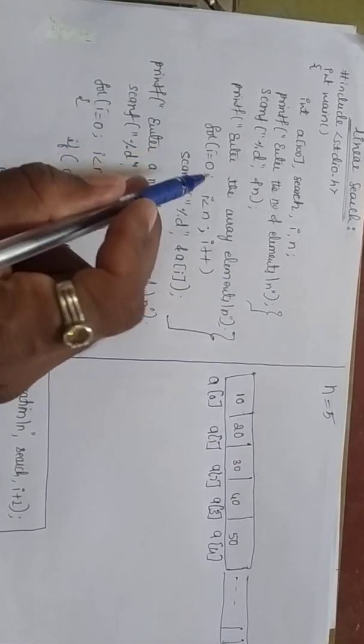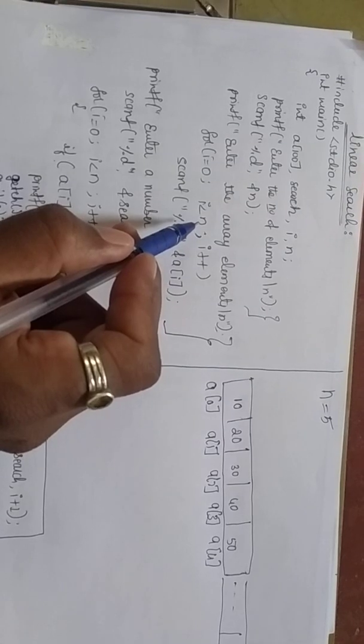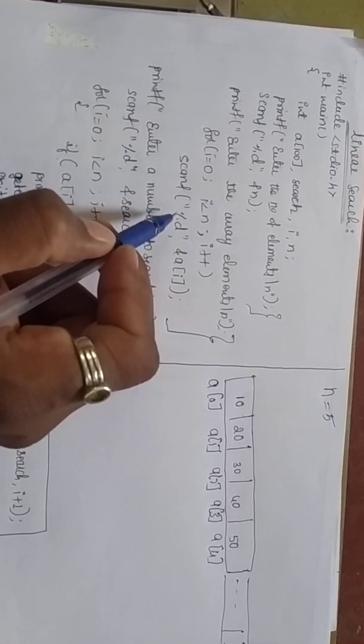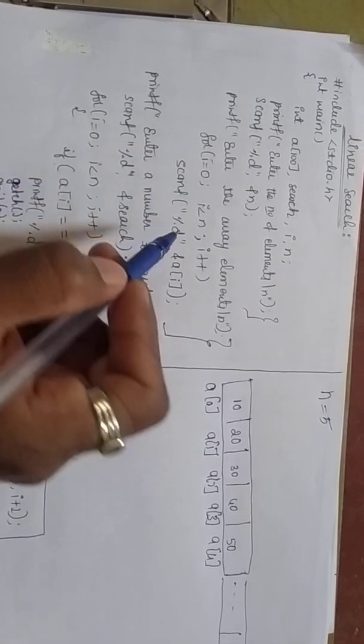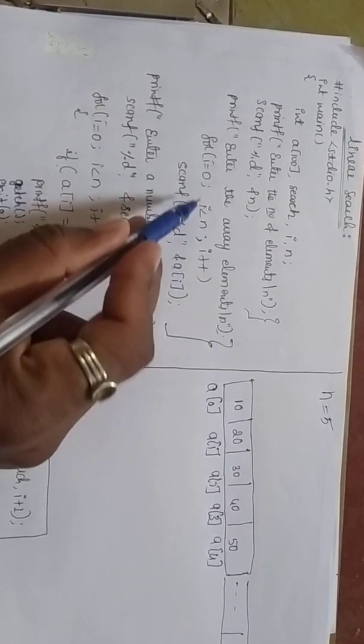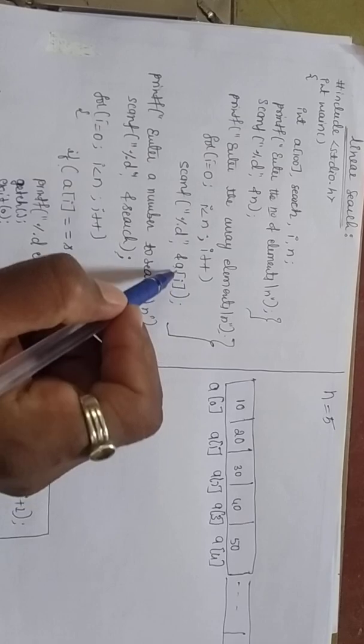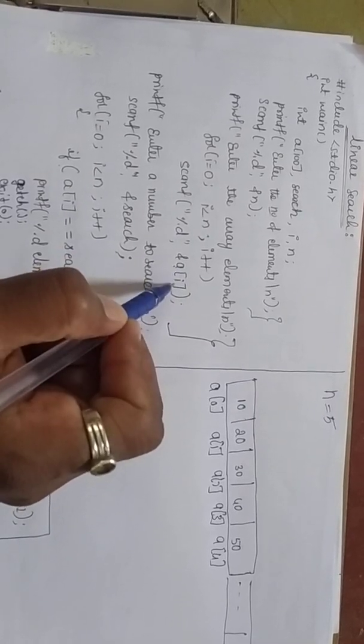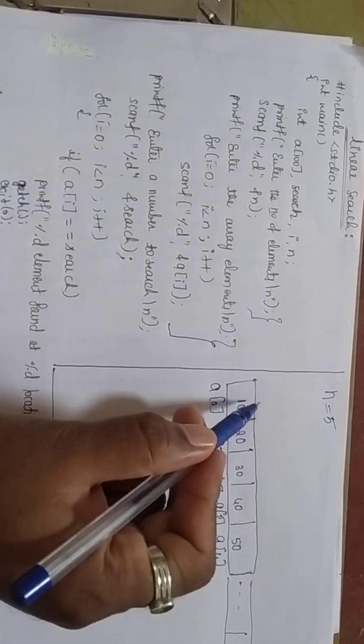So the initial value of i is equal to 0. Whether 0 is less than 5, yes, condition true. So that you are executing the scanf statement. scanf %d &a[i]. See a of i, in the sense, i value is how much? 0. A of 0. In a of 0th location I can enter the first value, that is 10.